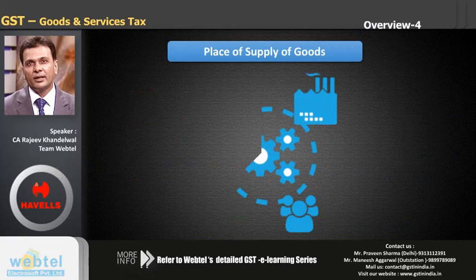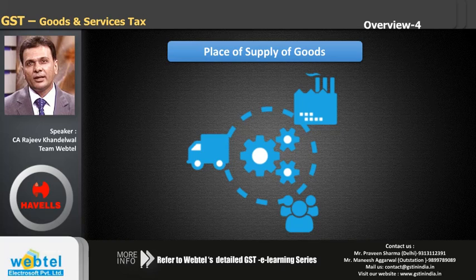Now why is place of supply of goods important? Yes, any idea? Place of supply of goods is important because we know that GST is a destination based tax, and wherever the supply is made, wherever the supply is consumed, there the tax will be taken by that state. So if from Delhi the goods are being sold to Maharashtra, the tax will be taken by the Maharashtra government. The portion of IGST, obviously the central, will go to the central government, but the portion of state taxes will go to Maharashtra and not to Delhi, because the place of supply, the place of consumption rather, in this case is Maharashtra.